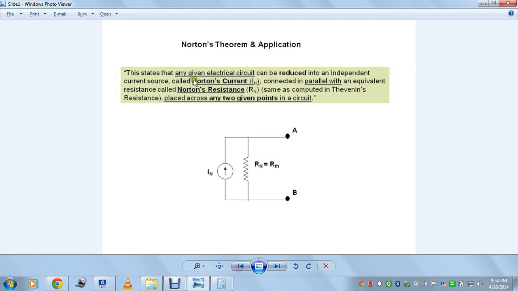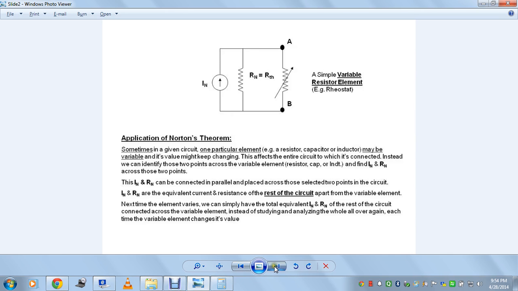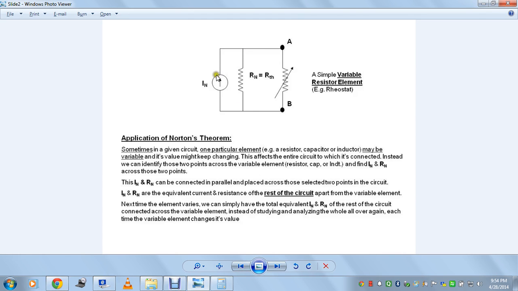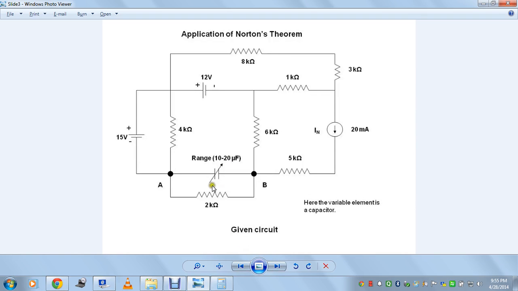So we are primarily going to reduce this entire circuit into such a format. So this is what the theorem states actually. In a given electrical circuit, doesn't matter how big it is, it can be reduced into an independent current source and a resistance placed across these 2 points, which are our consideration. So here we are considering this element as a variable element and marking these 2 points A and B. Across these 2 points we are supposed to find the resistance and the current flowing through the element across these 2 points. Now let's just find the